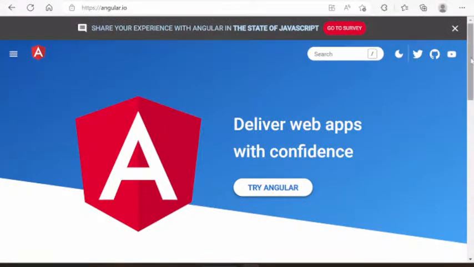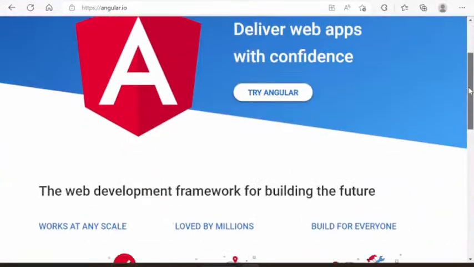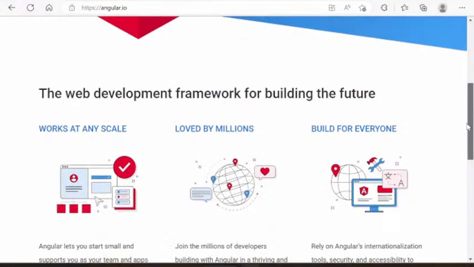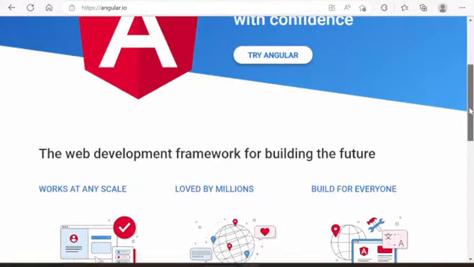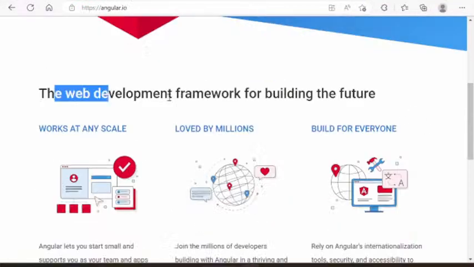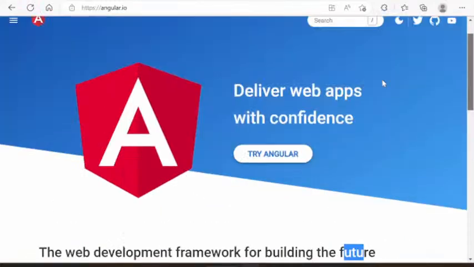So you can see it says web development framework for building the future at any scale. It delivers web apps with confidence.